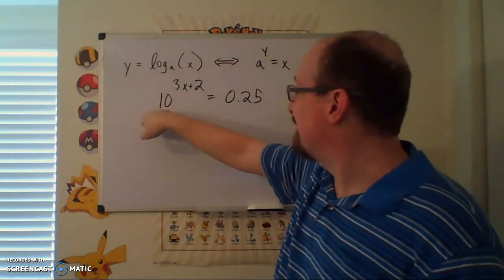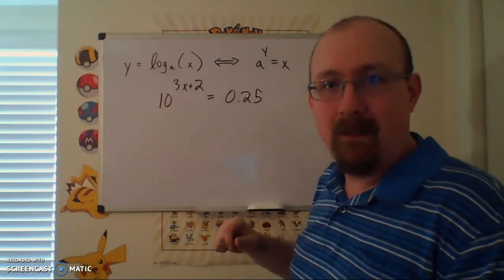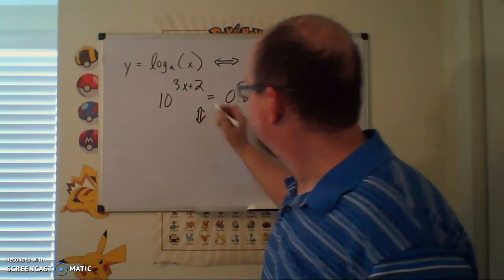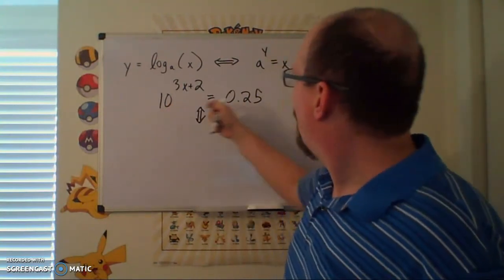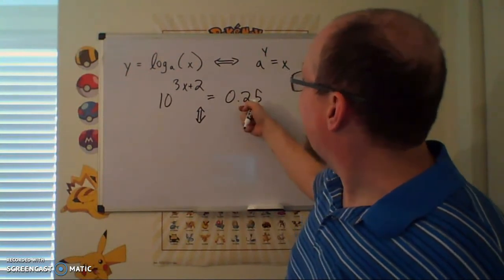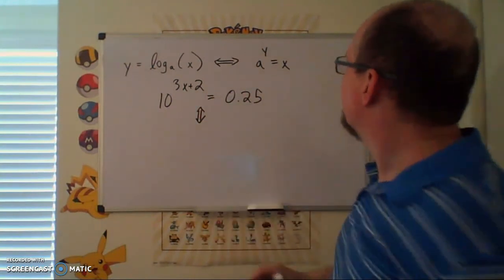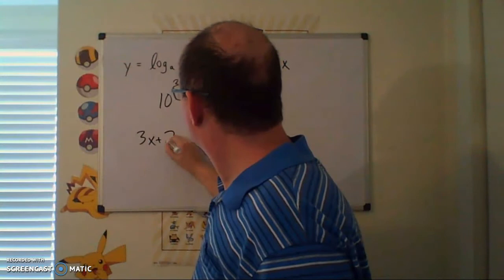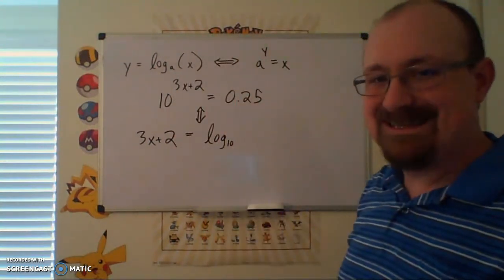And since the base of this thing is 10, I can actually use the base 10 log that appears on my calculator. So the arrow is pointing vertically now instead of horizontally. Sorry. So now I have y. This is my x in this instance, because if I compare this, it's lining up right here. This is my y. So I'm going to have y, 3x plus 2 equals the log base 10